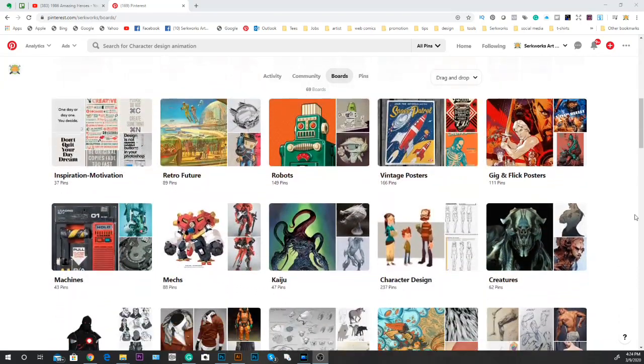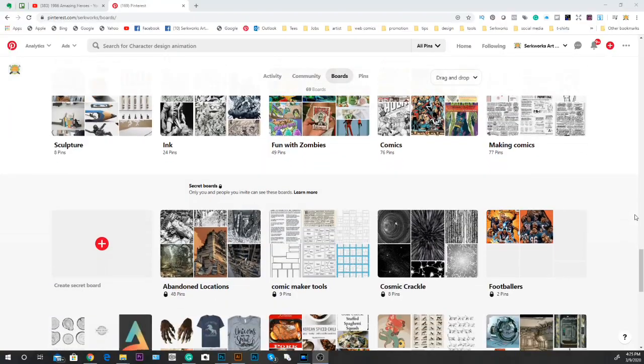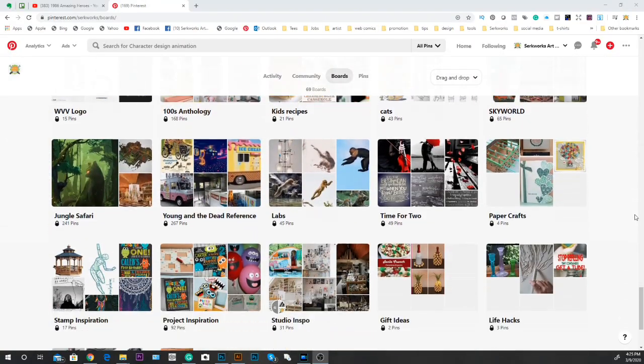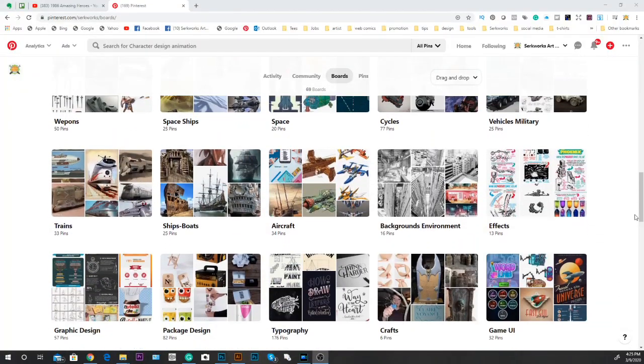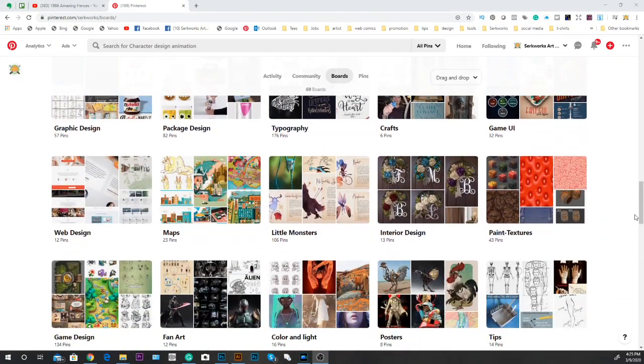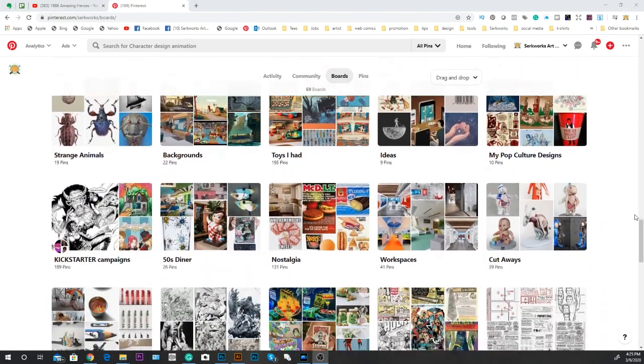You can create certain boards, like I've got a board for Young and the Dead. I put any kind of reference that I need there, old stuff from the 80s, different poses, all that stuff. If you're working on a project and you don't want it to be public yet, you can make private boards so no one else can see them but you. Or you can make them public and share them with other people, and other people can use those. I do that all the time. Nowadays it's probably one of my favorite ways to collect resources for my comics. So that's an easy way to keep a record of some of the stuff you want to use for your projects.